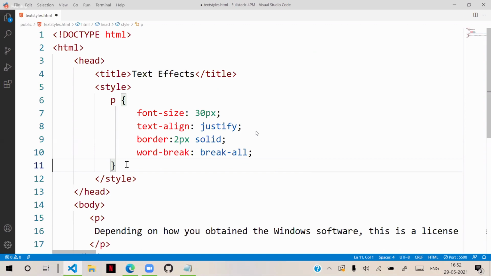Earlier we used to have them, but now everything we generally define by using CSS 2D and 3D effects. By using CSS 2D and 3D effects, we can configure and define them. So when you are defining the text directions, the advanced effects are good for text direction.